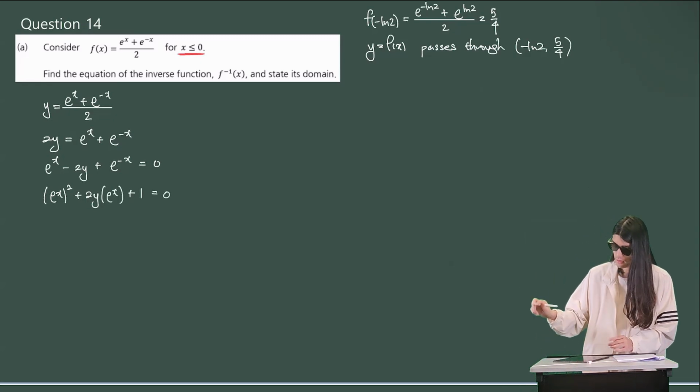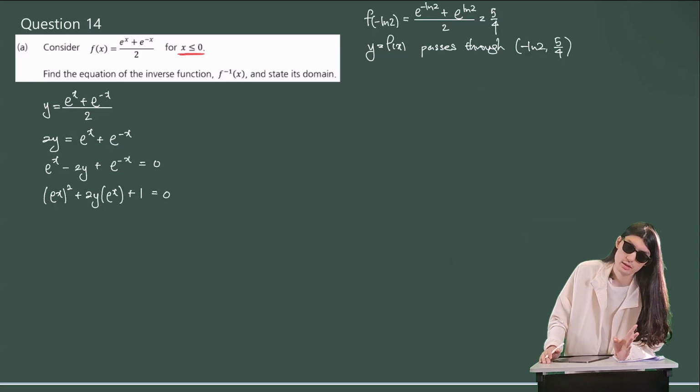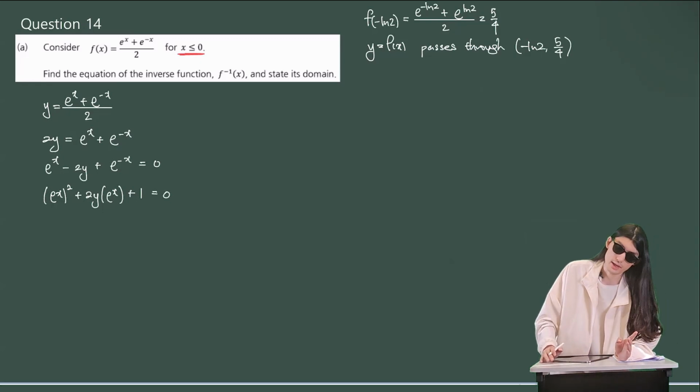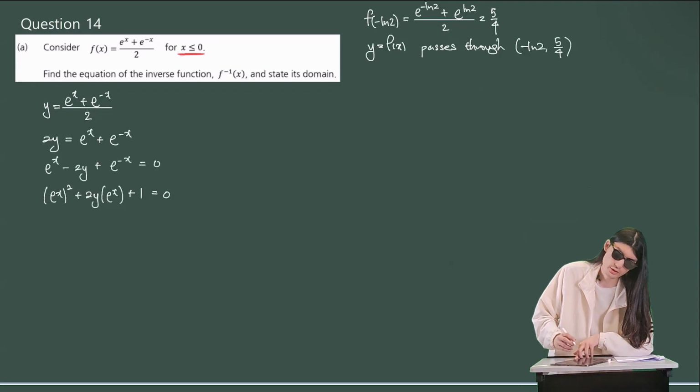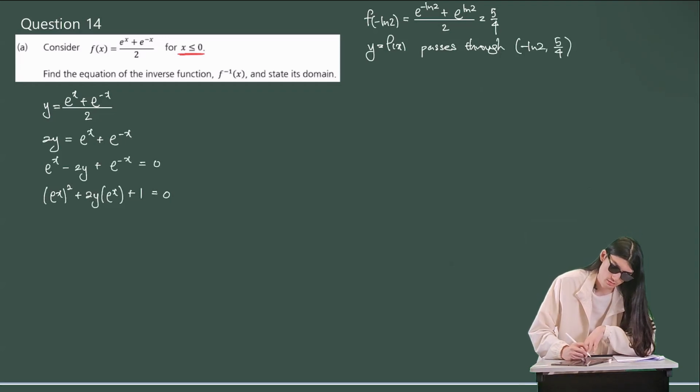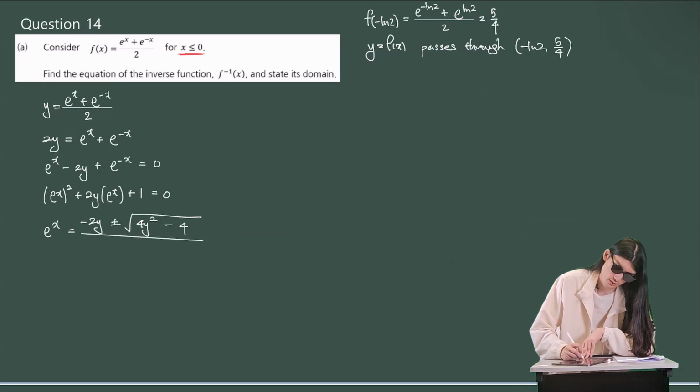Because this is actually a quadratic in e to the power of x. So to make x the subject, we can actually use the quadratic formula to find an expression for e to the power of x. And that'll be minus b plus or minus the square root of b squared minus 4ac all over 2 times a,